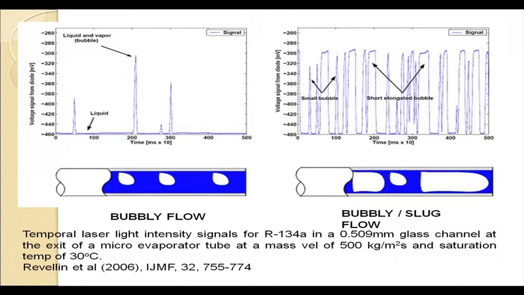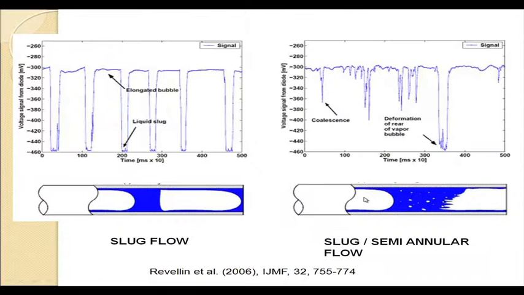gas bubbles in the continuous liquid slug, and the consistent peaks which we get show the passage of elongated bubbles. And in this particular peak region, the small disturbances which we get are due to the presence of the liquid film between the bubble and the conduit wall. We find that from the bubbly slug, as we approach the slug flow pattern, the intermittent pattern is